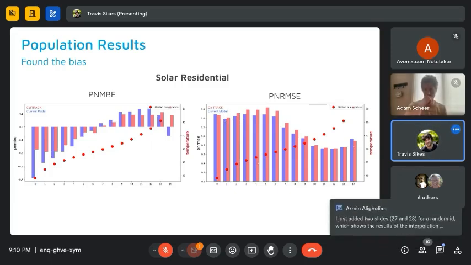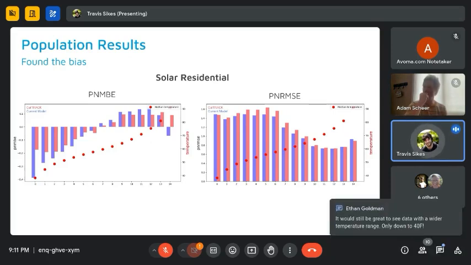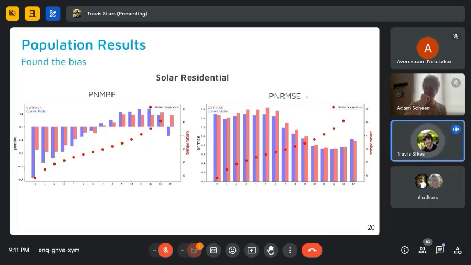Still, how do we reconcile this? Well, imagine, for instance, that you have slightly positive bias on your model. So all of your data points are just a little bit below, and then imagine that because with the PNR-MSE we're squaring everything, we are putting more emphasis on larger values, which means that a whole bunch of low values can be canceled out by a single large value.